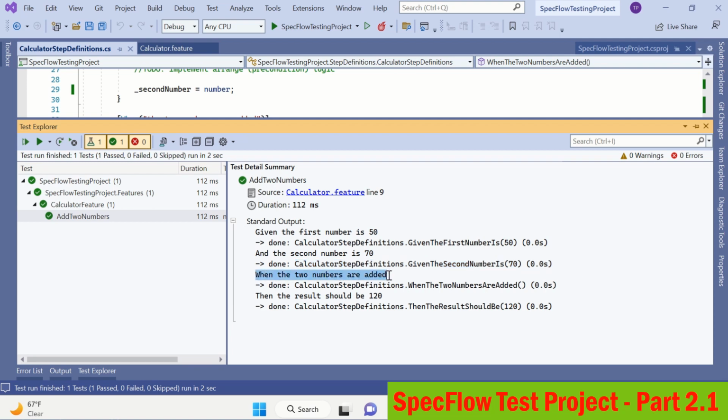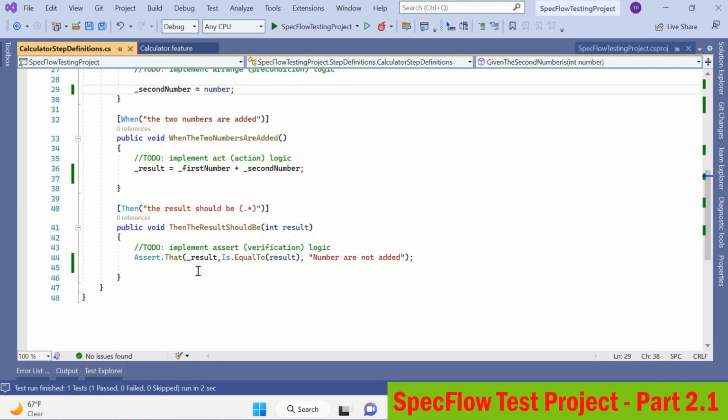When the two numbers are added, the third method will be done correctly, and then the result is 120. So it means that the result should be 120. So here you can see the assertion is successful. If it is not the case,